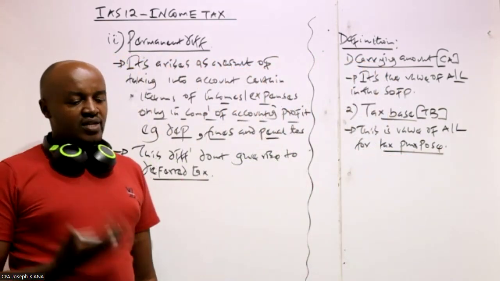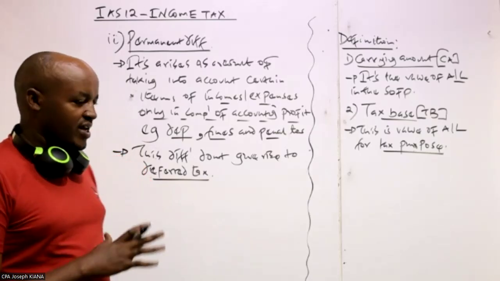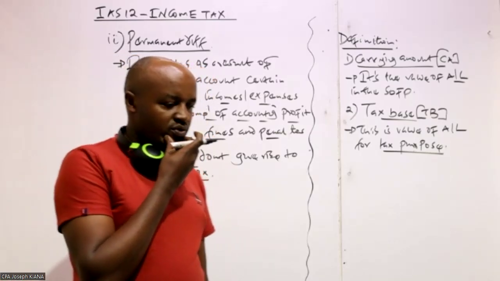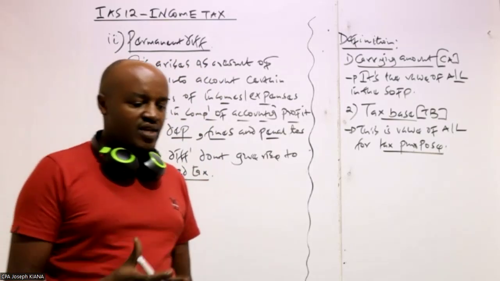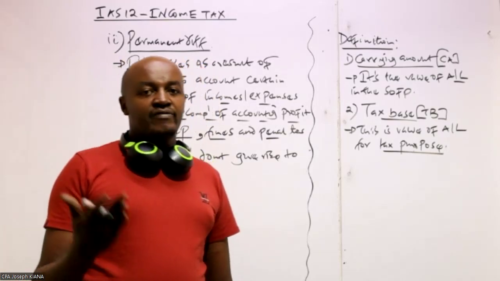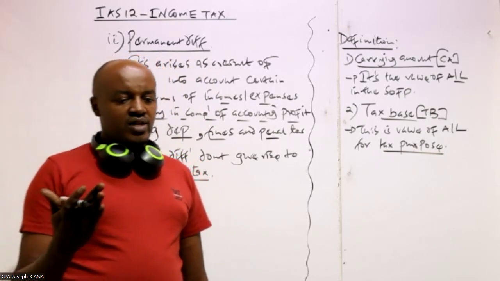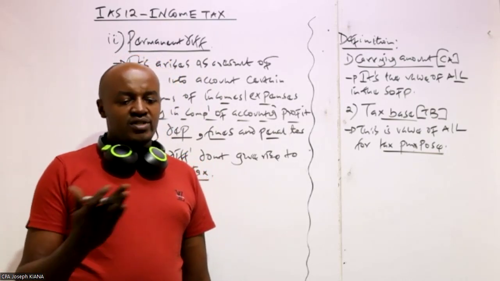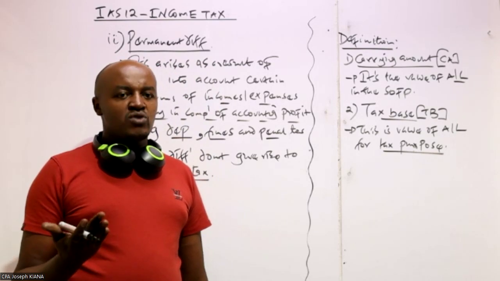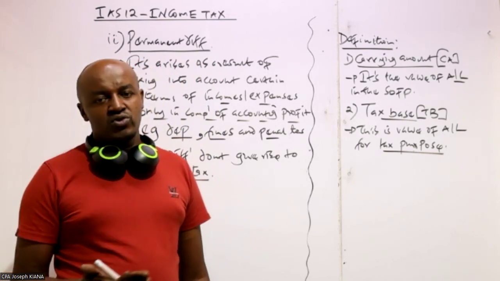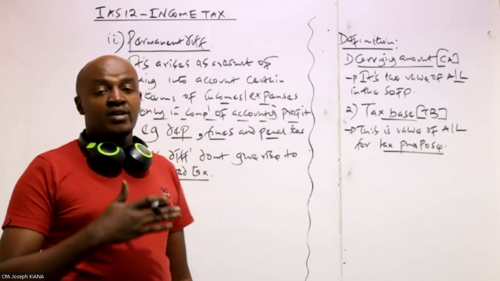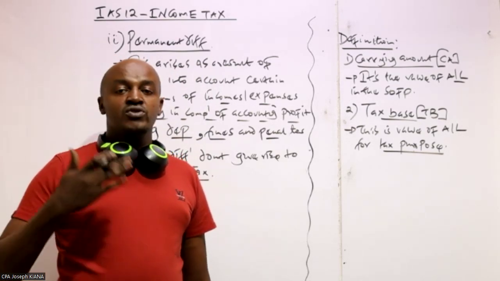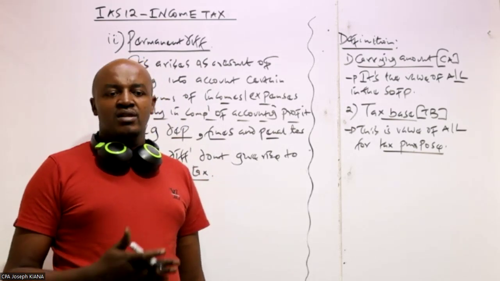When determining the tax base of an asset or liability, it is the value which is used in computing the amount which will be taxed, or the amount which will be allowable. A good example is if, for instance, we have an asset which qualifies for capital allowance,